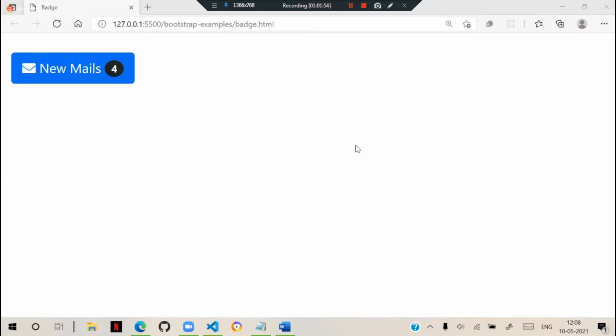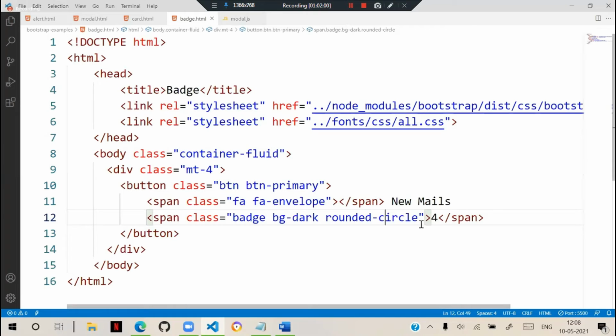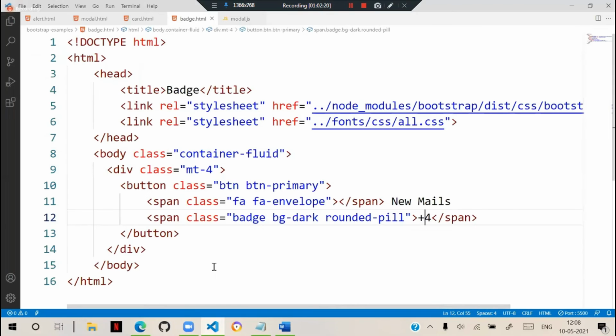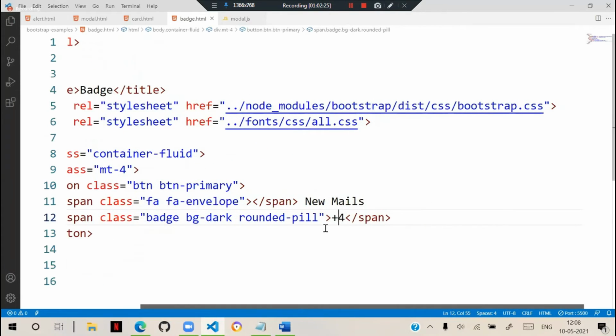So suppose I make this a rounded pill and keep +4 there. That means you see that +4 options are there, and I need to keep it somewhere at the top. For this class, it is already a badge displayed here.